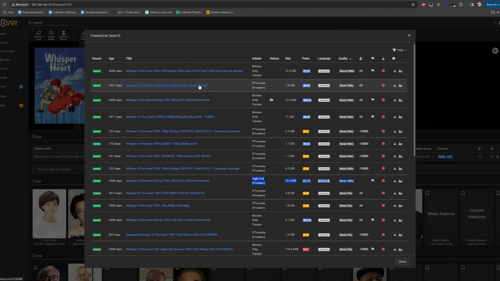But imagine if this Sashimi one said Perfection HD, right? Then you would save on that instance. But let's say, for example, and you can see here the history shows that I manually grabbed it. So for this one, for anime in particular, I don't use nya.si anymore. It's just a lot of dead torrents, a lot of low quality stuff. I just stopped using it, especially for movies.